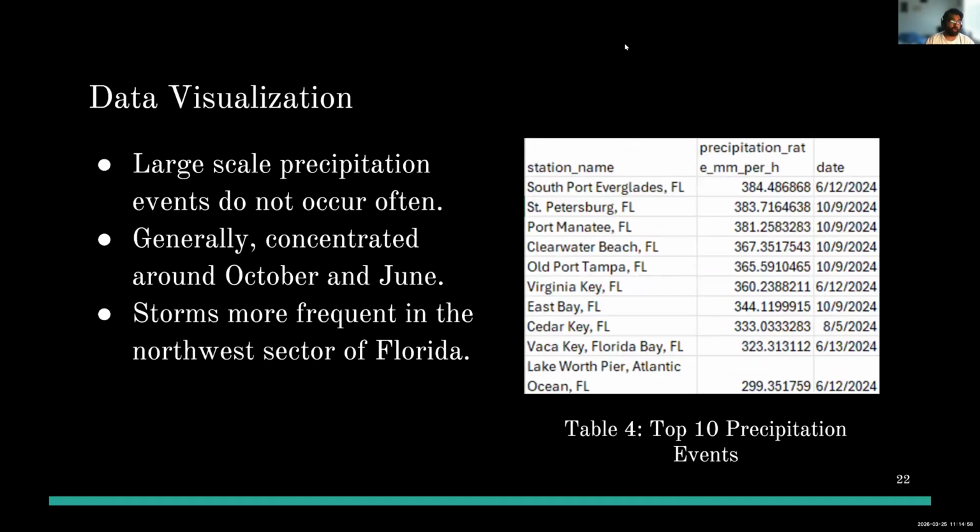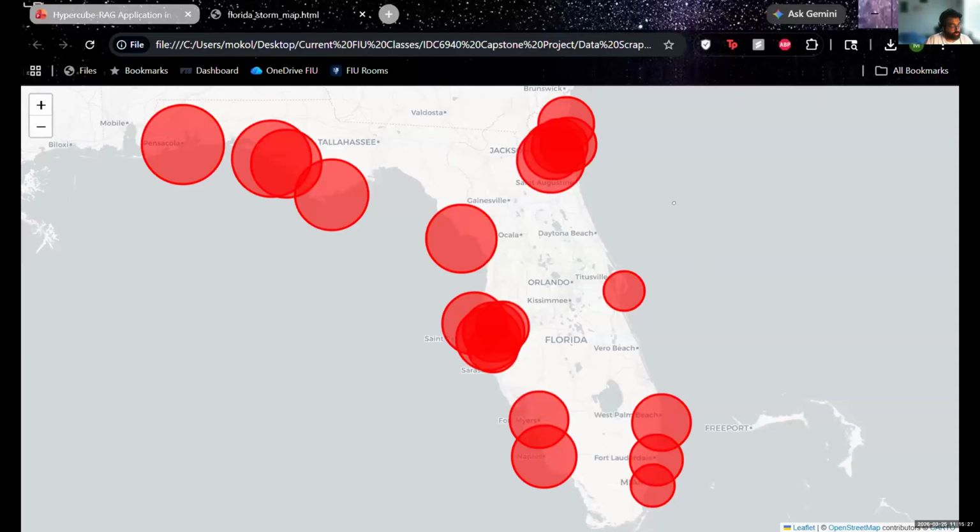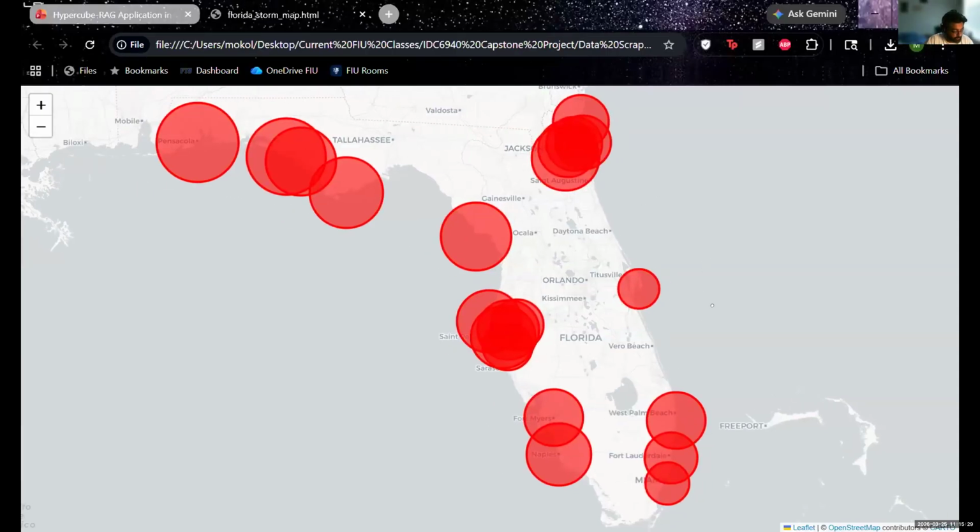Now, for my overall data visualization, when I put together the information and ran through the data, we can see that large-scale precipitation events do not occur that often. Generally, they're concentrated around October and June for these events to occur, and storms are more frequent in the northwest sector of Florida. And if you give me just one moment, I'll show you this data visualization that I had created to